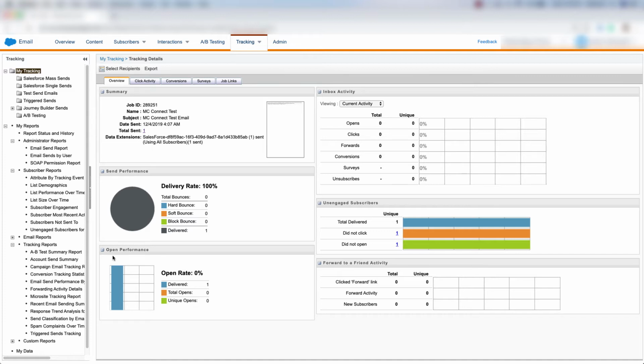We can look at our open performance, which looks at our open rate percentage. And we can look at our inbox activity, and we can view current activity or activity over time. We can see the number of opens, clicks, forwards, conversions, surveys, and unsubscribes from this email. And we can look at the number of unengaged subscribers, the number of people that we delivered this email to, the number of people who did not click and did not open, and we can see forward to a friend